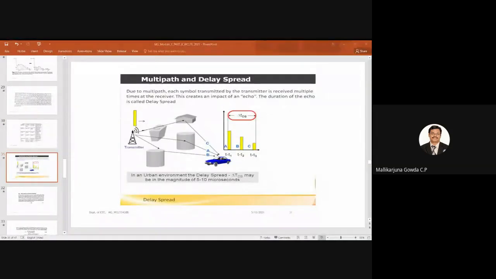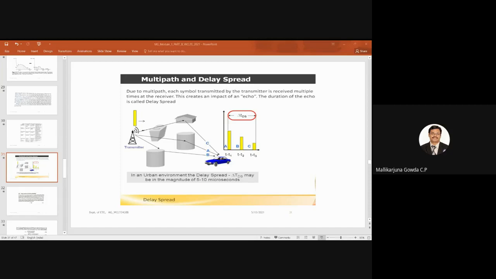Able to see this slide? Delay spread is defined as what? I have shown here a transmitter, and here is my receiver. Due to various objects between the transmitter and receiver, there are multiple paths also. And this is my transmitted signal, and the same signal I will be receiving at the receiver at different intervals